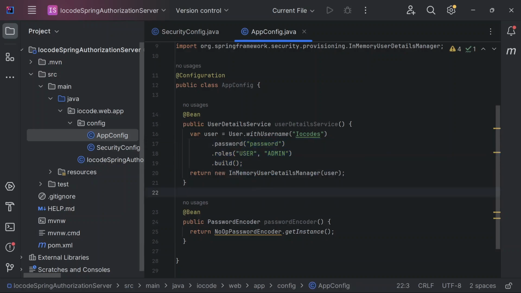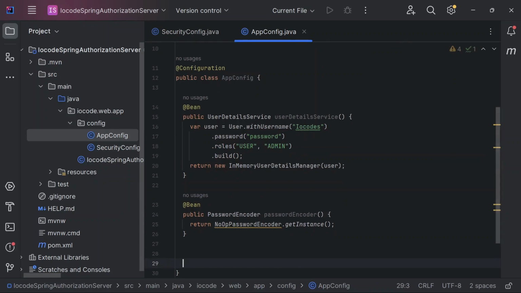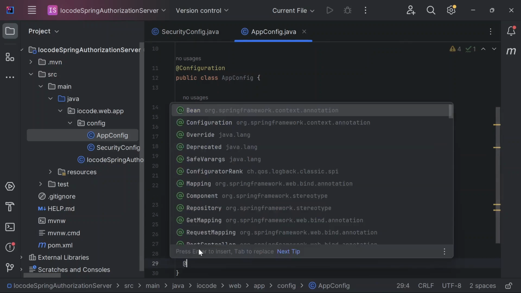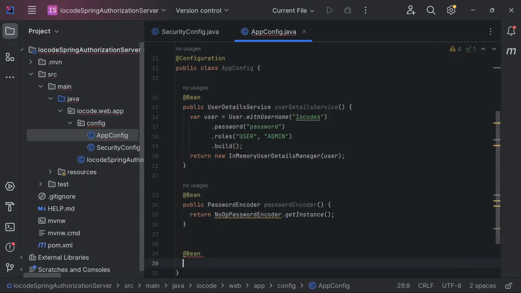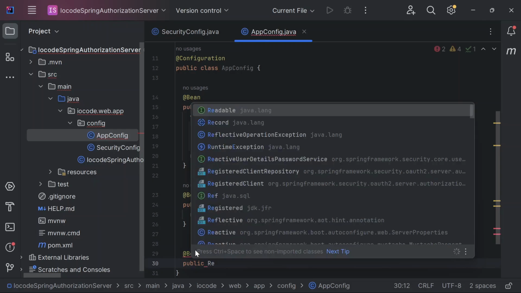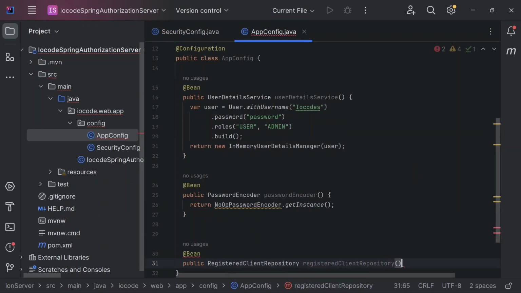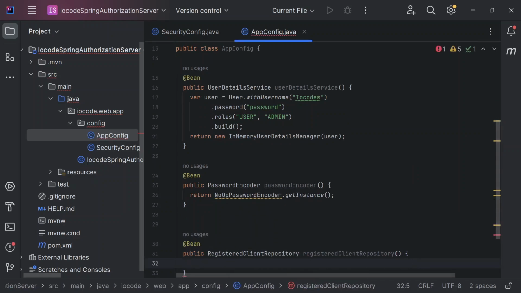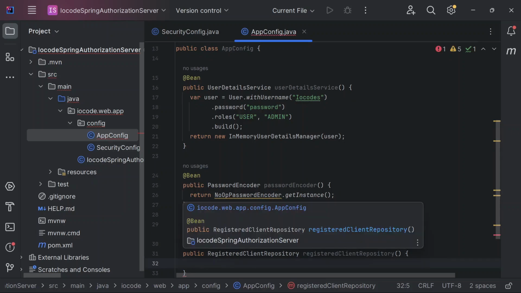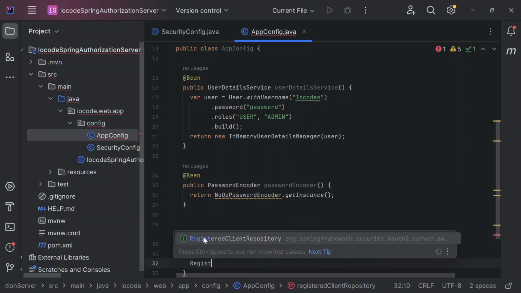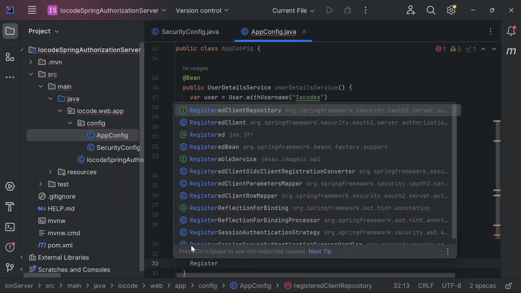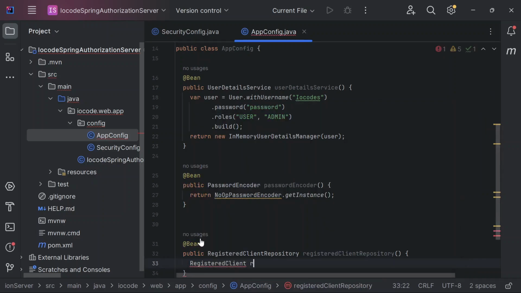Now the next bean we are going to be looking at is the RegisteredClientRepository bean. So it should be annotated with bean as well, it should be public, and we have RegisteredClientRepository, and we have to define an instance as well. So this should be RegisteredClient to be equal to